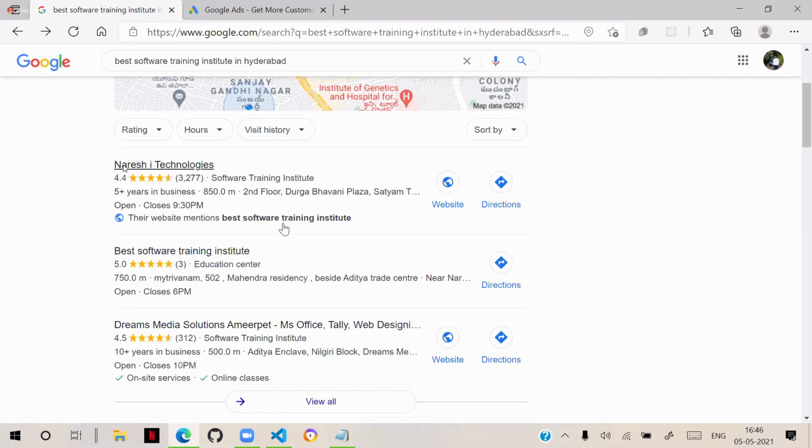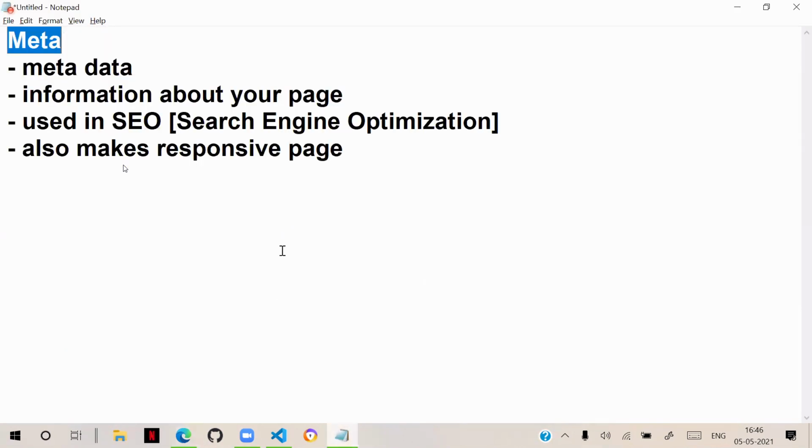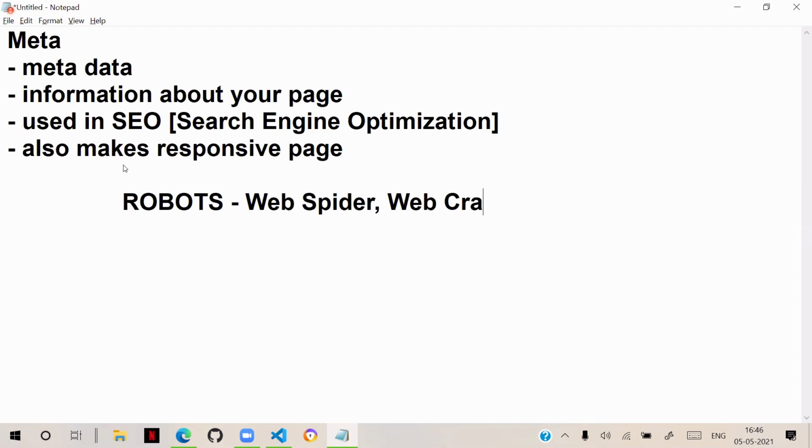So generally, who is doing this searching job? This searching job is done by robots. We call them web spider and web crawler. These are robots.